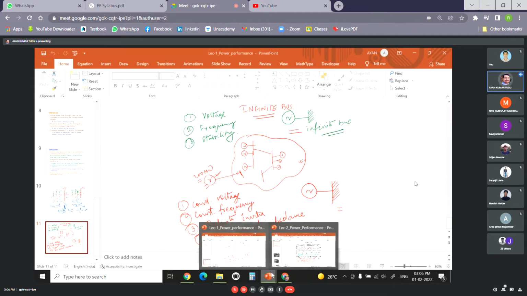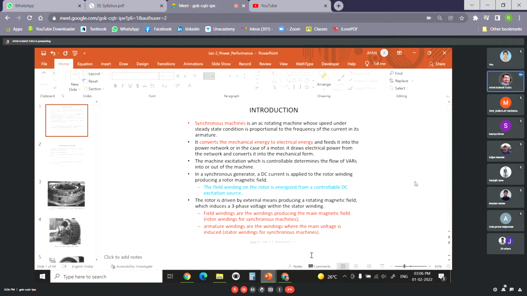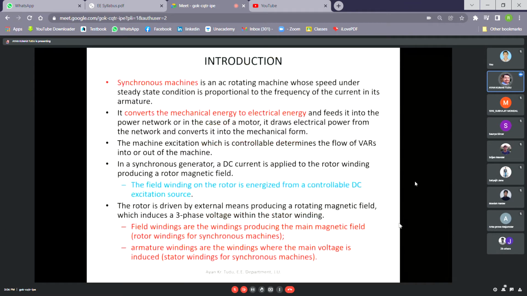Okay, so in this class specifically, we were talking about the synchronous machines. Please note, since we are talking about synchronous generators, we'll be confining ourselves only to the power system aspect of the synchronous machines. We are not going into the details of the design and so on. Only those parts needed for our understanding of the power system will concern us. Okay, so when you're talking about synchronous machines, these are the most important element of a power